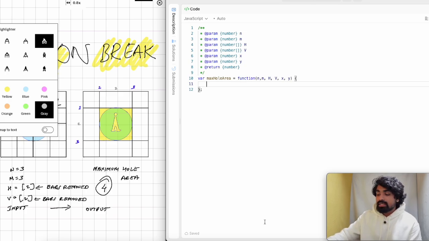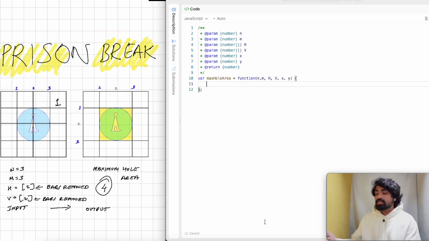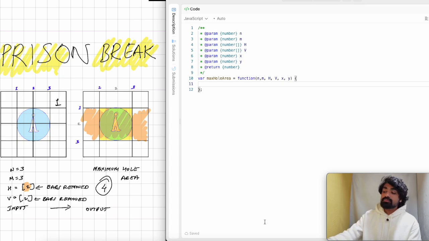We know that this is the space which is available horizontally after this horizontal bar 2 was removed, which is provided as an input to us. Now when we look at this, we can observe that there exists a gap here after one bar was removed,